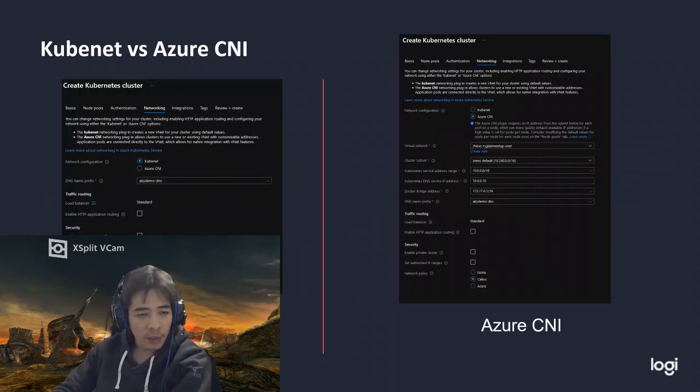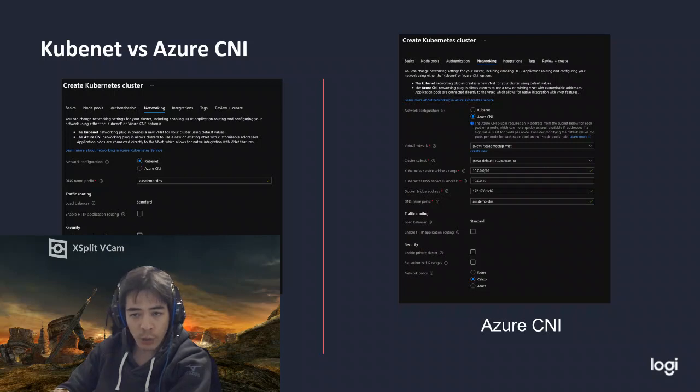Okay, when creating a cluster in the GUI on the portal, you can choose between kubenet and Azure CNI, and if you choose kubenet, you don't have that much choice. As a matter of fact, you cannot choose a specific virtual network. It will create a virtual network in the console, and then you have a few other options. One being using network policy, which we should do, but as you can see, the only choice is to use Calico network policy. I will not discuss too much about that today. This is another topic, but keep that in mind.